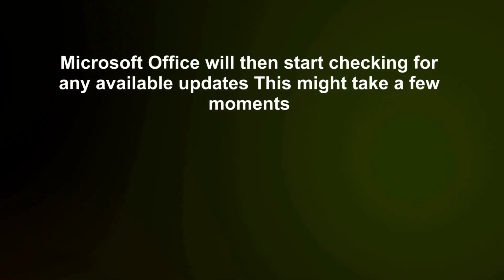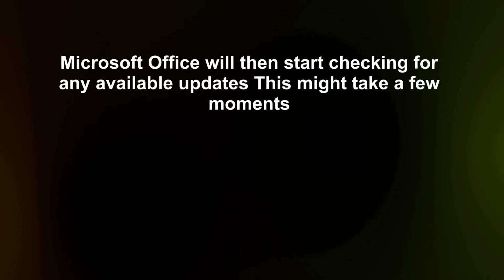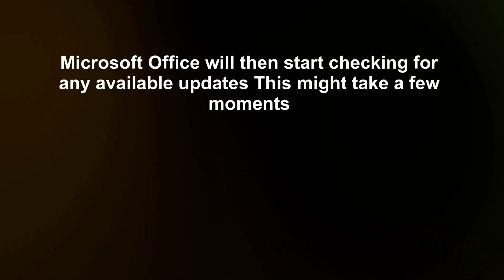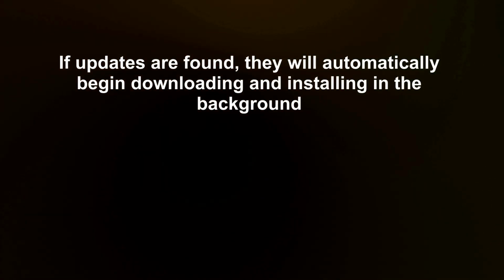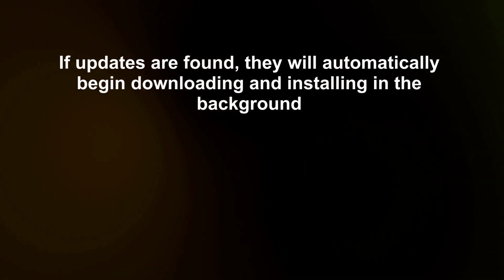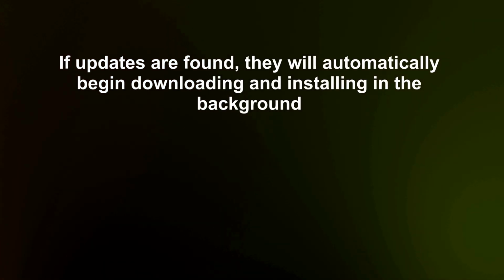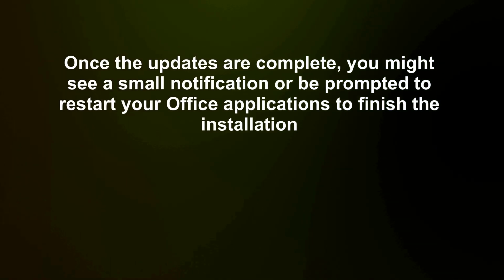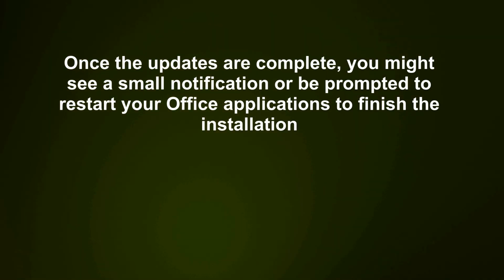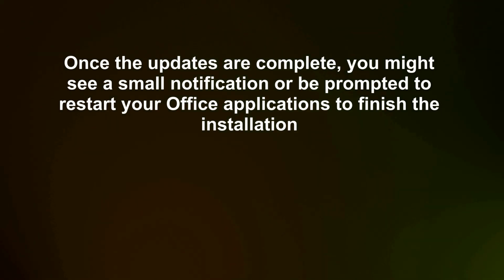Click on this button. From the drop-down menu that appears, select Update Now. Microsoft Office will then start checking for any available updates. This might take a few moments. If updates are found, they will automatically begin downloading and installing in the background. Once the updates are complete, you might see a small notification or be prompted to restart your Office applications to